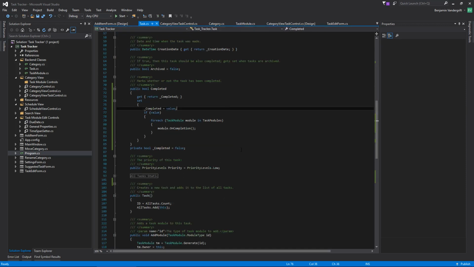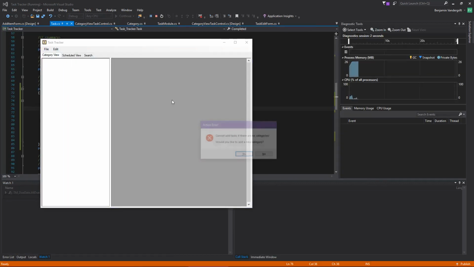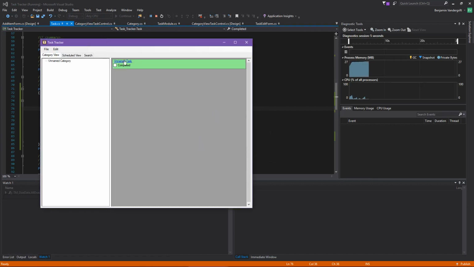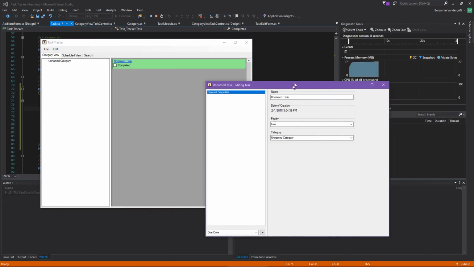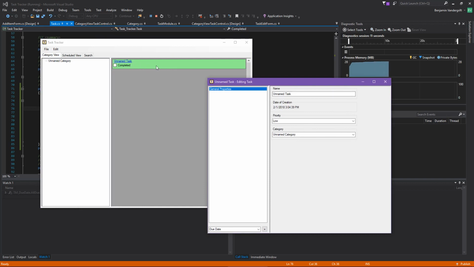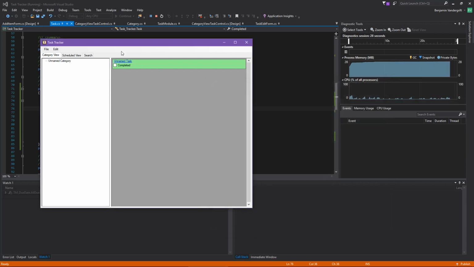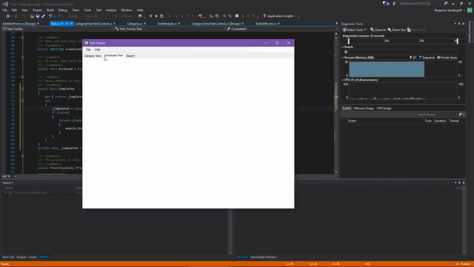So the question is, is there any more of that general information that we think needs to be in this category task view thingy? So like if I just make a task right here, here's our general information. We don't care about the date of creation, generally speaking, so there's no reason to add that there. We do care about the priority, but we indicate that with some color. The category is extraneous because it won't show up if it's in a category we don't have selected, and the name is displayed. So I feel like all the general properties that we need are indeed visible. These don't do anything yet, but